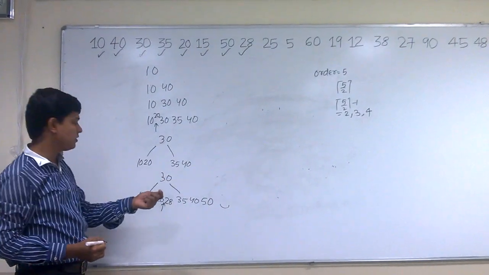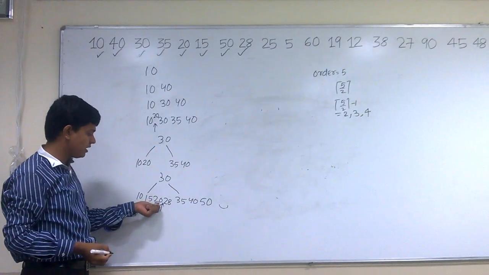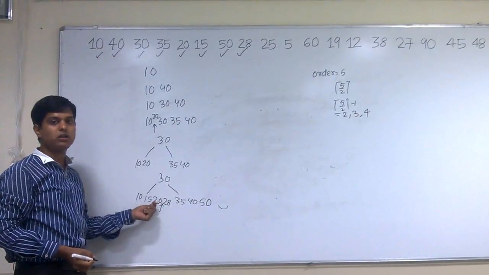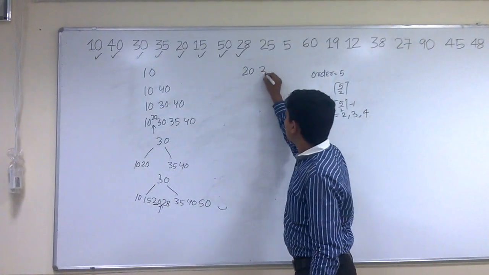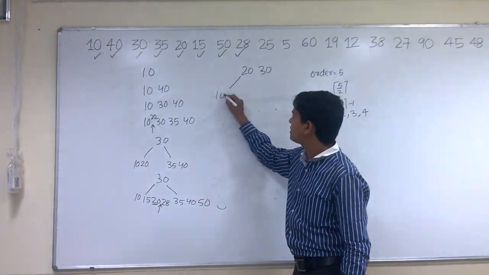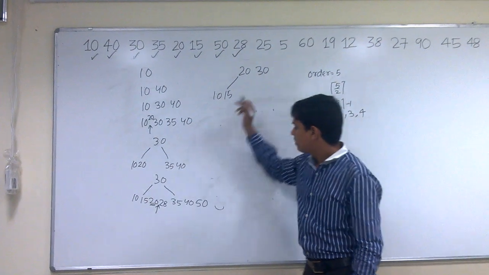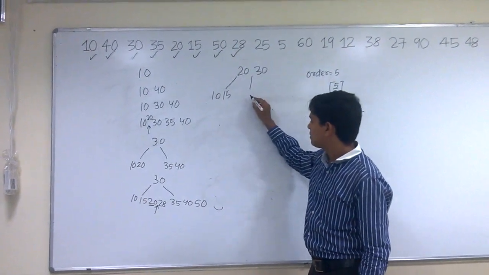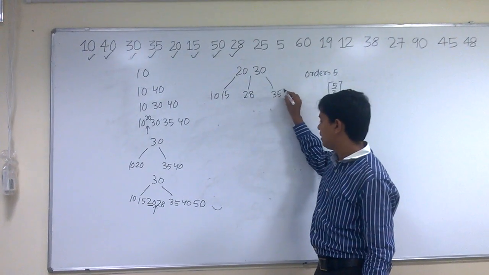If I insert 25, what I will do is find the median position. The median position is 20. If I insert 25 here, 20 will come to the root node. Then 20 will be in the root node, and 30 is also a root key value. And before 20, we have a node that is 10 and 15. And in between 20 and 30, we have nodes like 28, and here it is 35 and 40,